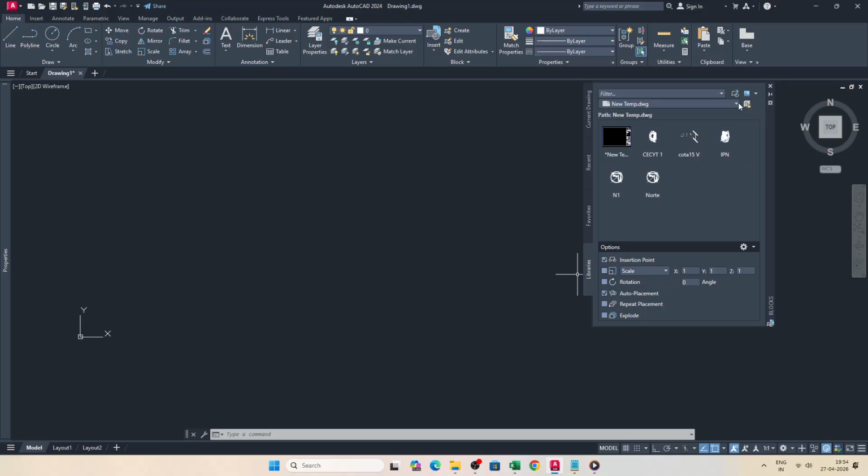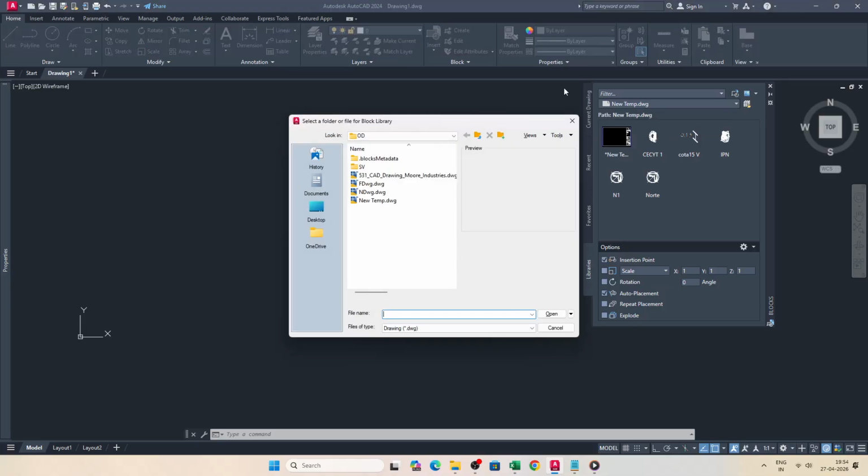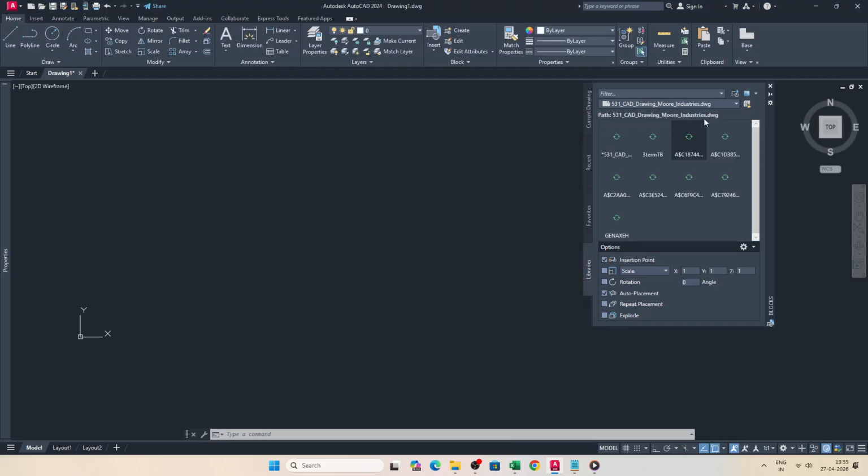Next, click Browse Block Library. A file dialog will appear. Navigate to the DWG that contains the blocks you want. Select it and open it. AutoCAD will scan that file and display the blocks it finds in a clean visual list right inside the palette. Each thumbnail represents a block definition from that external DWG, so you can quickly identify the one you want by